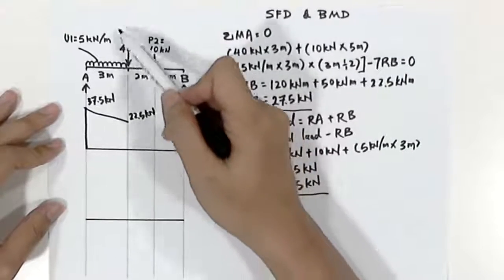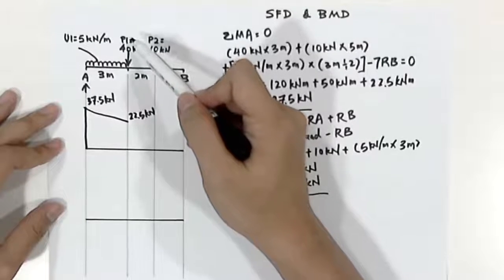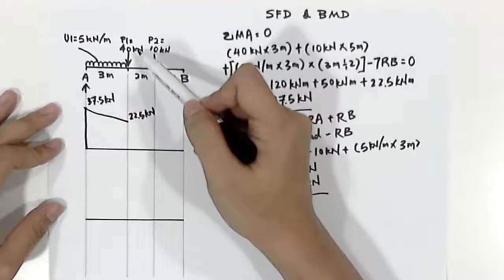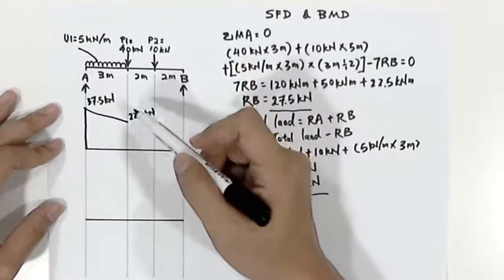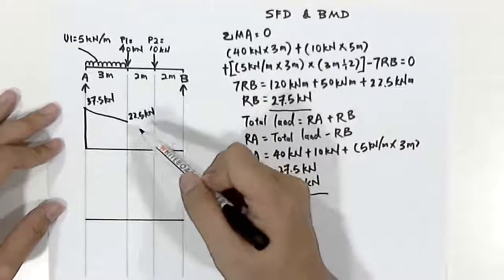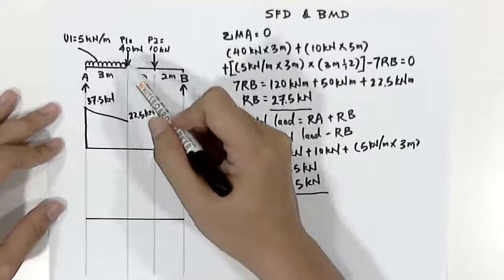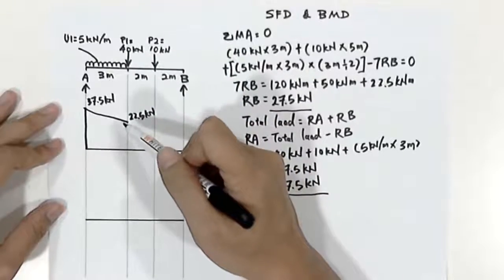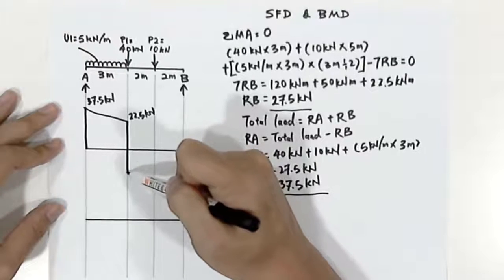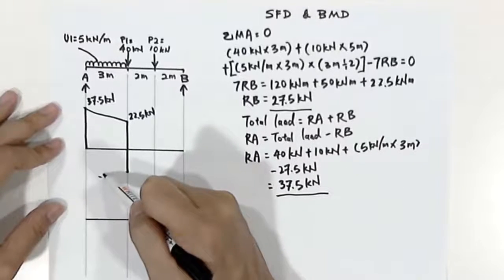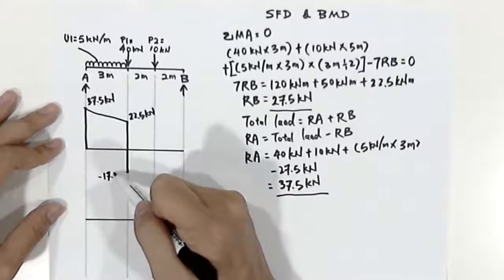So what happened here is that now we have a point load 1, P1 equals to 40 kilonewton. What P1 does to the shear force diagram is that we'll have to use 22.5 kilonewton to deduct 40 kilonewton. And the value that we'll have will be negative 17.5